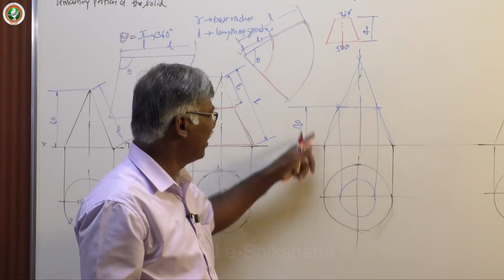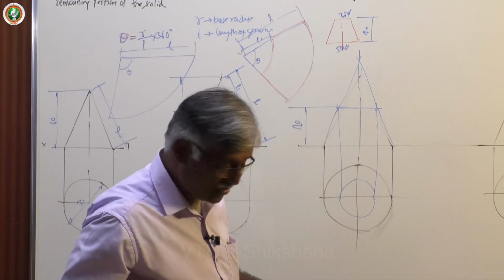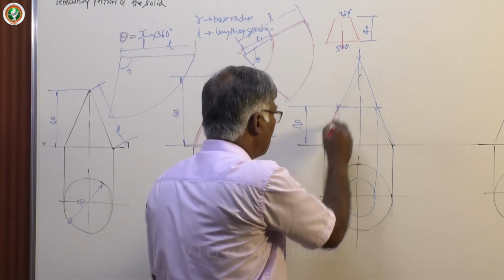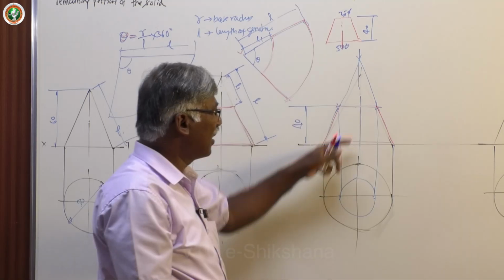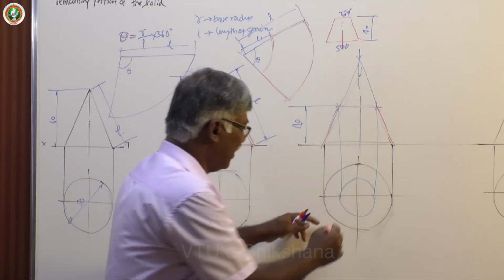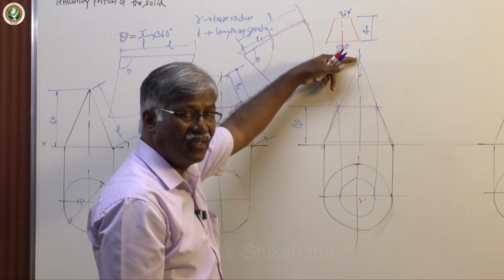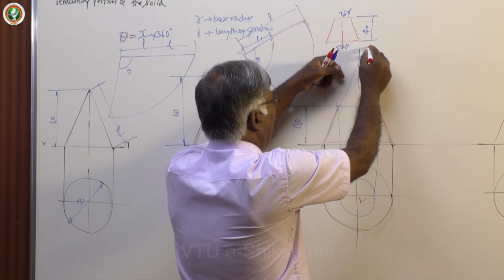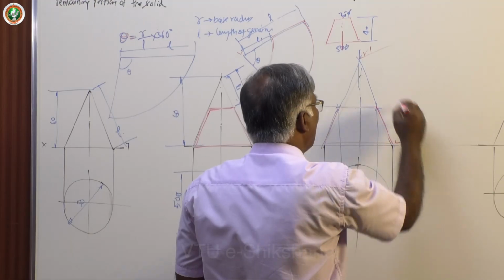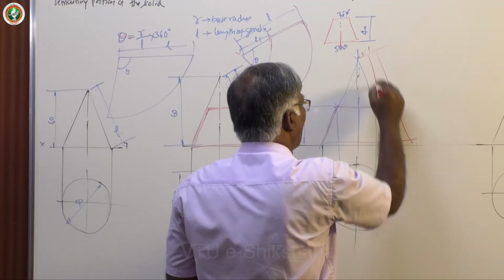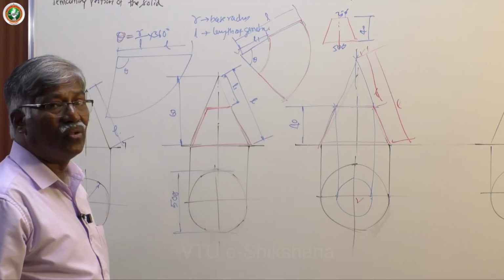You project at the height of 40. You get these 2 points. Join these two. So this is the figure you are going to draw. Then extend this on this vertical projector of V, imaginary V. Wherever it intersects, you name that as imaginary point V dash. Then take this as L and this as L1. Same procedure follow. So this is how you get the